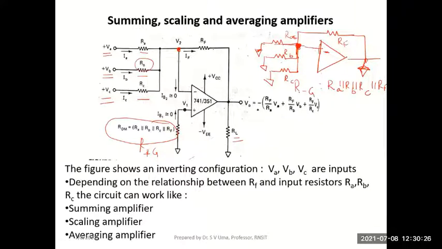Okay. So now first let's derive the expression for output voltage. I've already written the expression for output voltage here. I think you're familiar with the derivation. Can you just recall the steps what you have done? One of the simplest derivations.